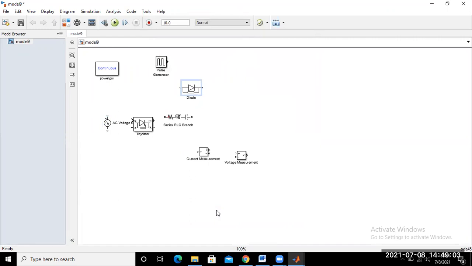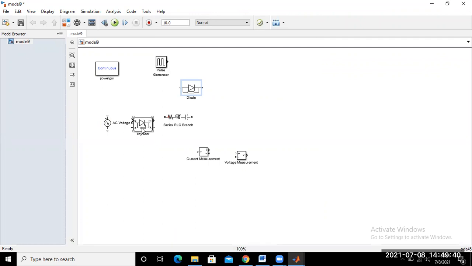Now we require 2 diodes and 2 SCRs. So develop one more diode from this diode, or drag one again from the Simulink library. Similarly, you have one SCR here. So your requirement is 2 diodes and 2 SCRs.